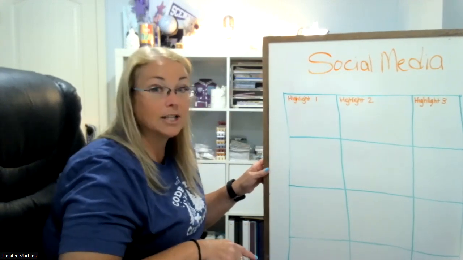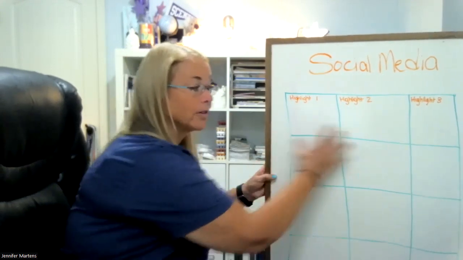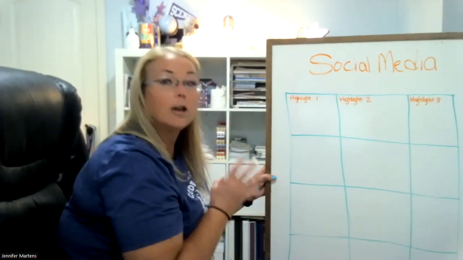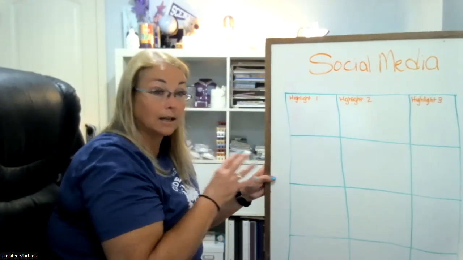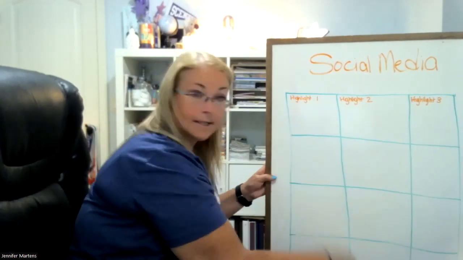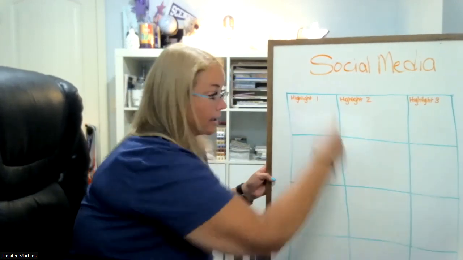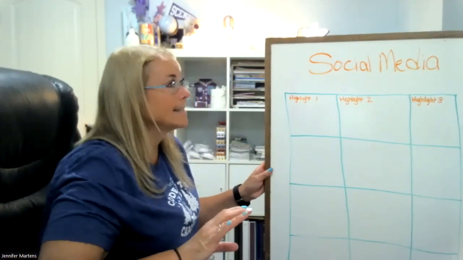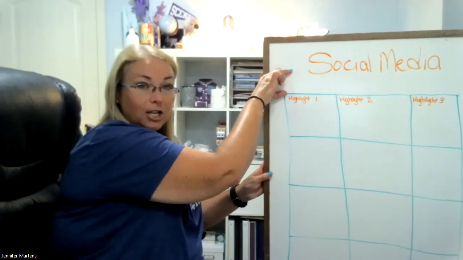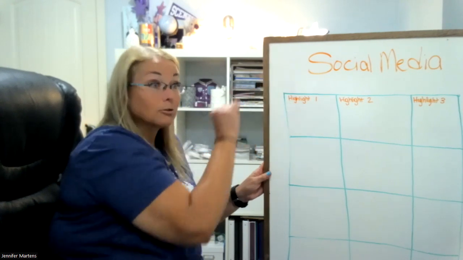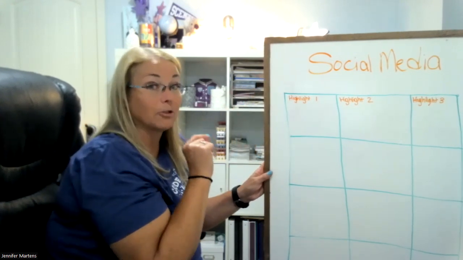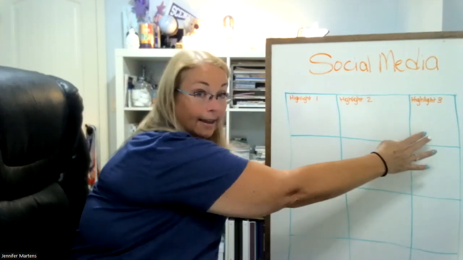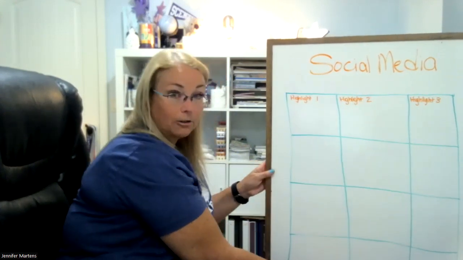Another thing that you can do is you can just make sure that you have within your 9 grid those 3 things repeated. So it doesn't matter. It could go across this way, or it could go across that way, or it could go like this and that. It does not matter. The key is that you want to have your information, that's your little bio, that's a literal bio. People are going to read that and decide if they're going to follow you. Then you're going to have your highlights, and then you're going to have your 9 grid.